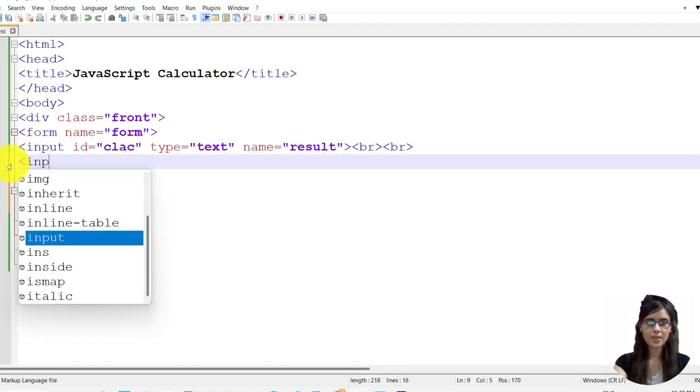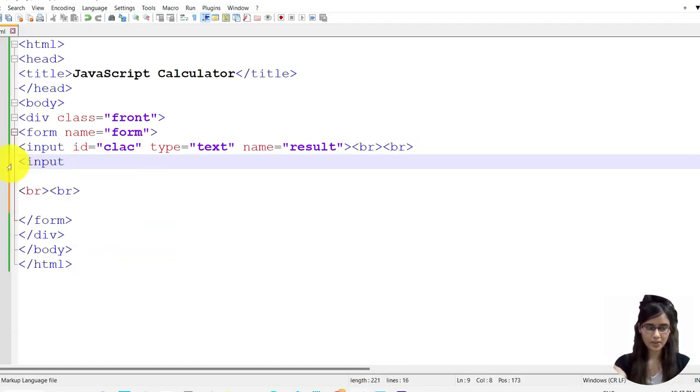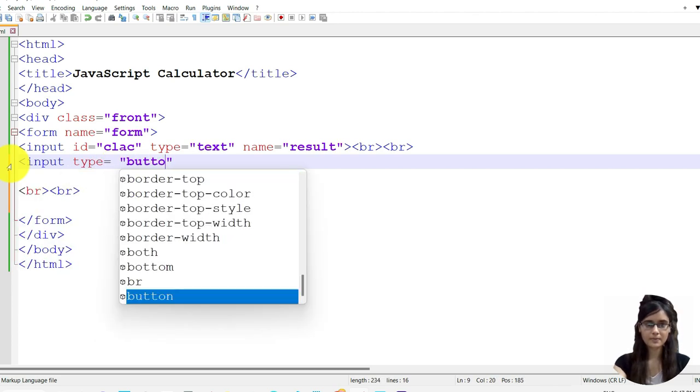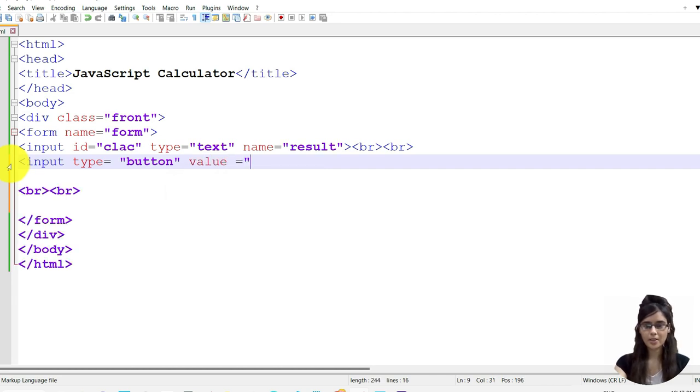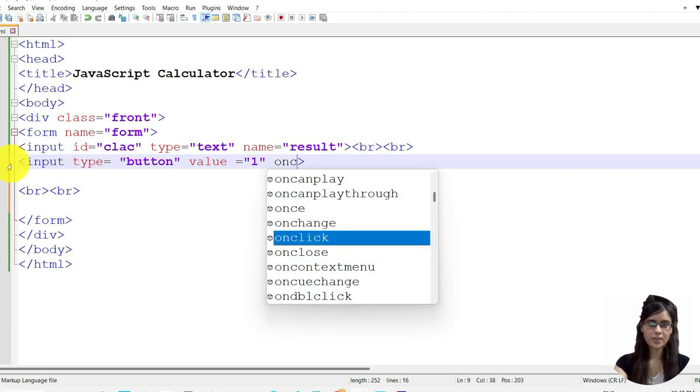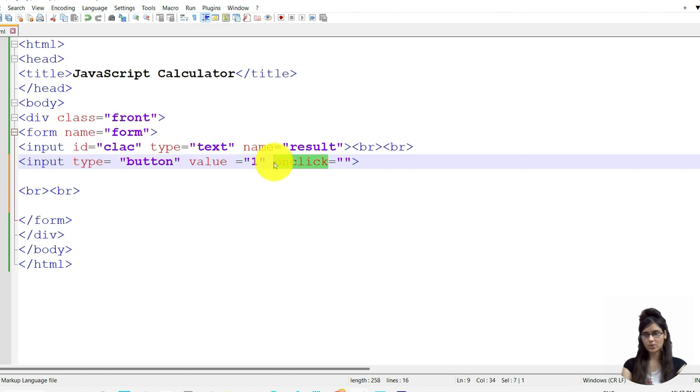So here I'm using the input tag. Input, its type is button. Then value for this button we have 1. And now I'm using here JavaScript function, that is onClick. So here we are using the JavaScript onClick function to display the digits entered by the user.